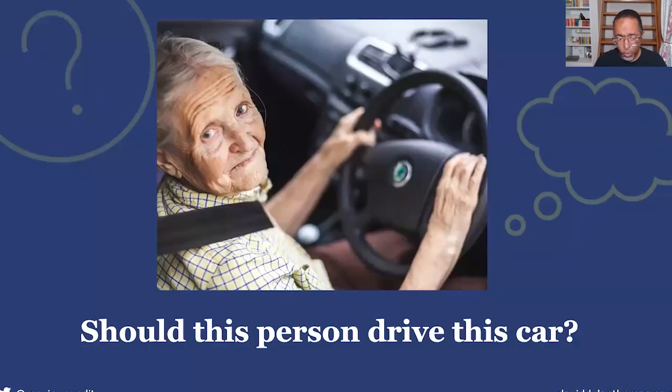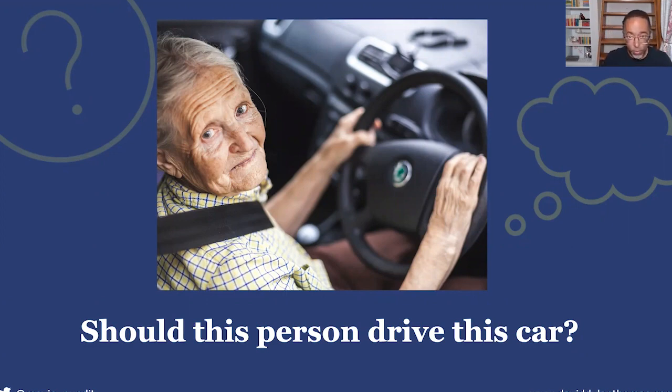Now, it turns out that the framing effect can also be used for good. There is an experiment where you show an audience a photo like this and you ask, should this person drive this car? And what you get is basically a policy discussion, right? Some people are saying, oh, people are bad at everything. Don't let them drive. And other people are saying, how dare you? That's ageist. Let people do what they want. All you learn by the end of that conversation is who's on what side.